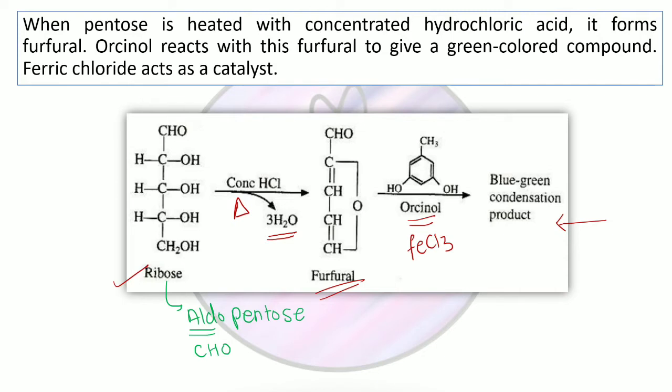Talking about other sugars, for example ketopentoses or ketohexoses, those having a keto group as a functional group, for example, ribulose and xylulose, these kind of sugars generally react with resorcinol reagent. In my previous video, I have mentioned the Selivanov test, in which I discussed which sugar generally reacts with different reagents, or resorcinol reagent specifically. So keeping this idea in mind,